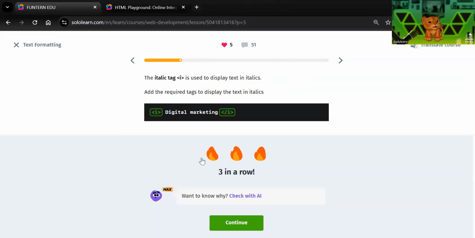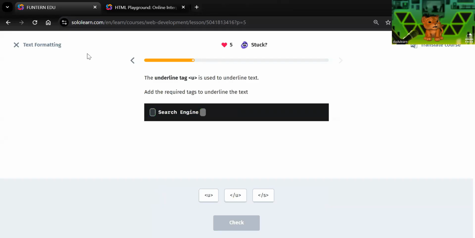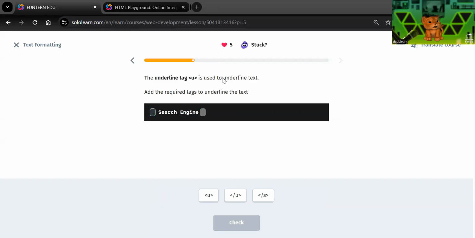That's good. 好的，我们继续看一下。So underline tag U is used to underline text. Add the required text to underline the text. 我们问一下哪位程序员来试一下这里要把这个字体加上下划线。好的，我们问一下 Wesley。You are muted. Yeah, use this